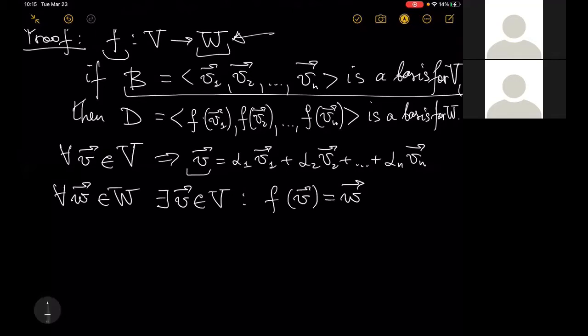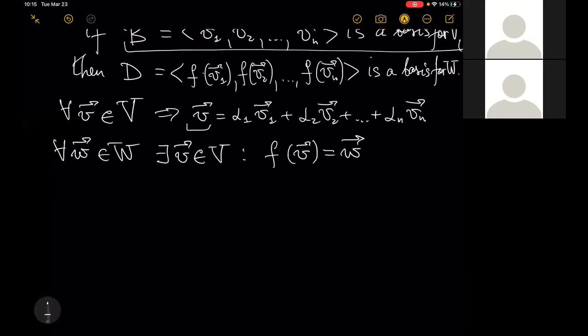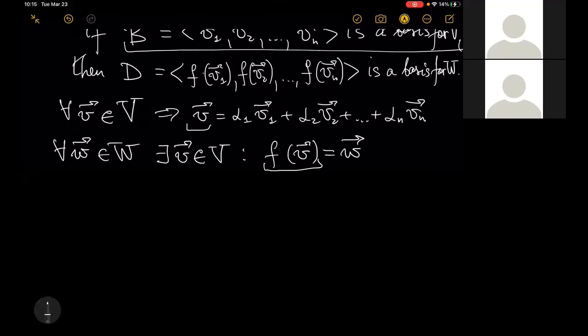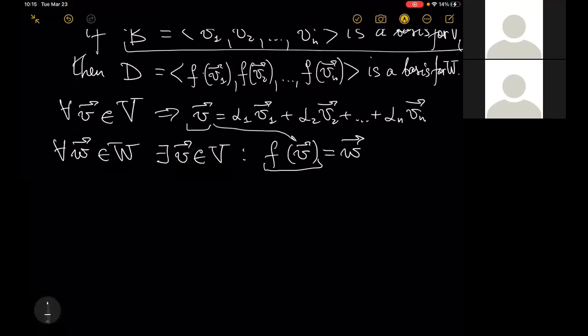So in other words, for every vector in the resulting vector space, I can find a vector which can be mapped into this vector W. Okay, but now for this vector, this is true, so I can represent it as a linear combination of vectors of the basis. Then I'm getting that this any vector W